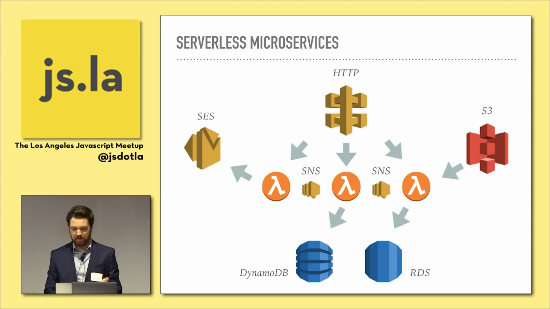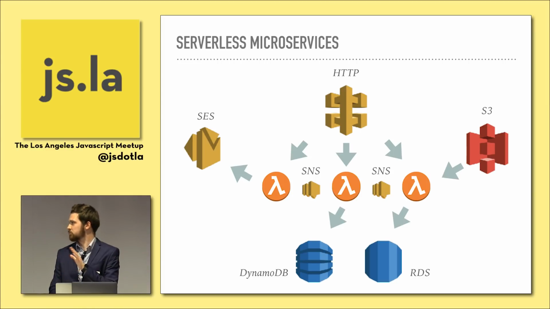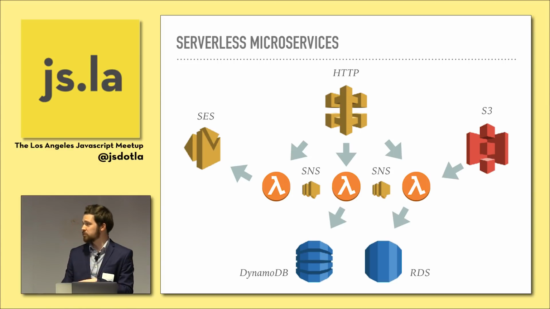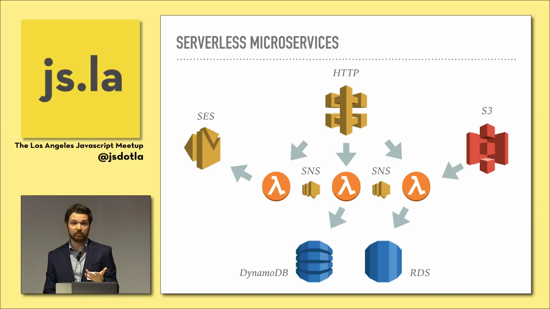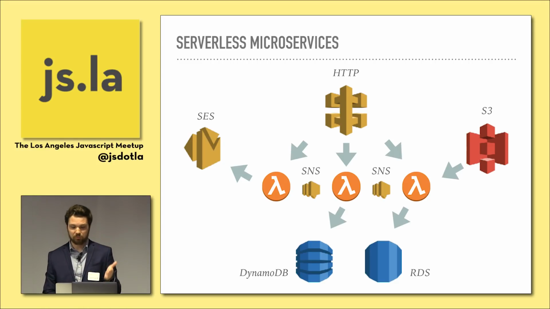So also you can have your Lambdas talking to a database, whether this is DynamoDB, Postgres, or any other database. It might talk to the database, or it might do something completely different. You can trigger those things from an S3 file upload. Your Lambda can also talk to S3 on its own.